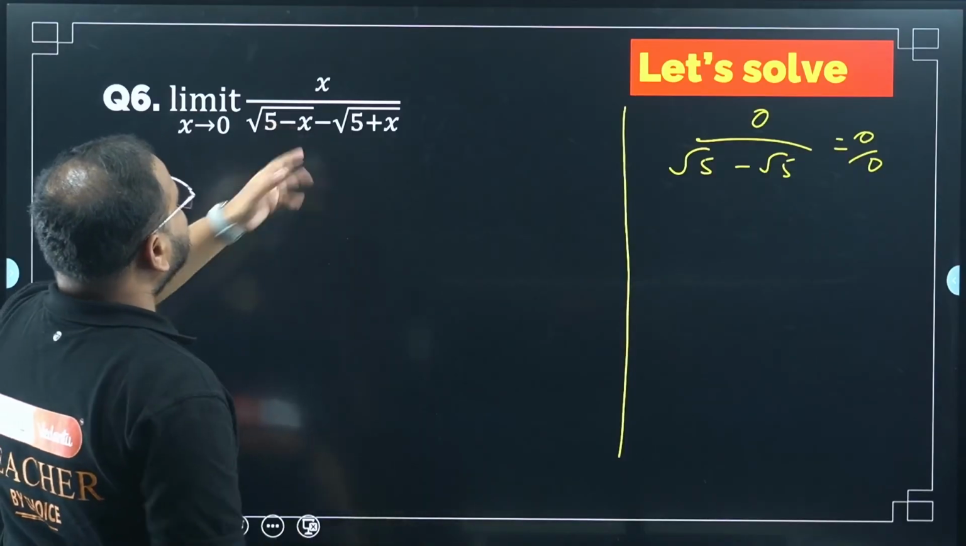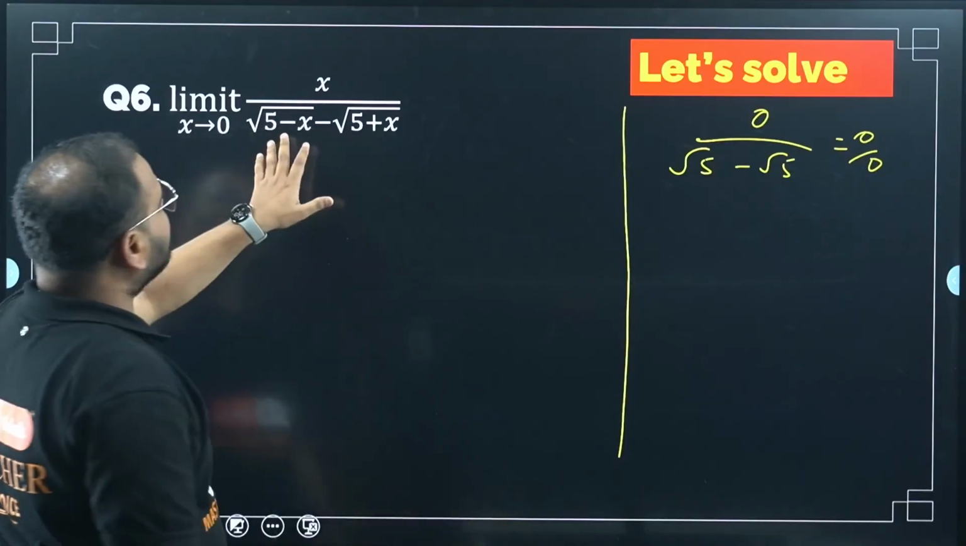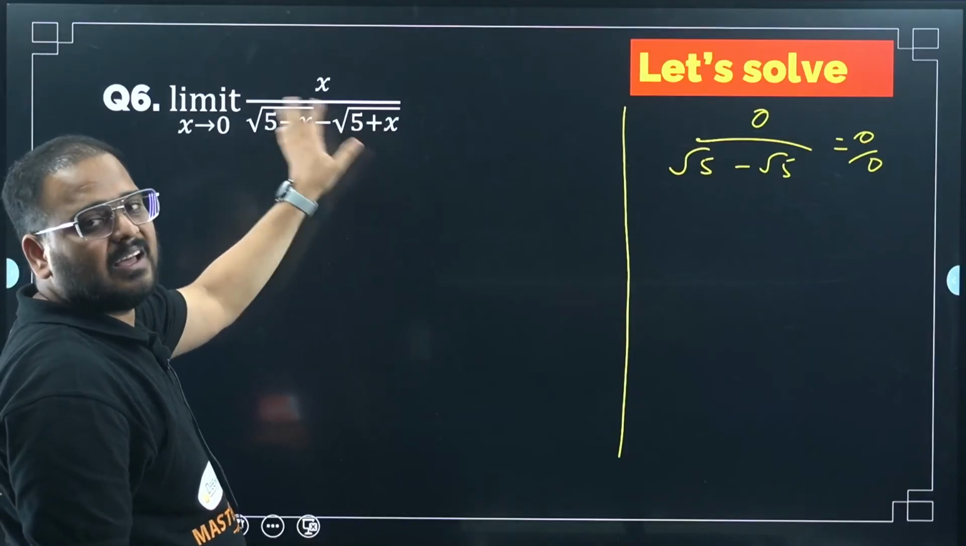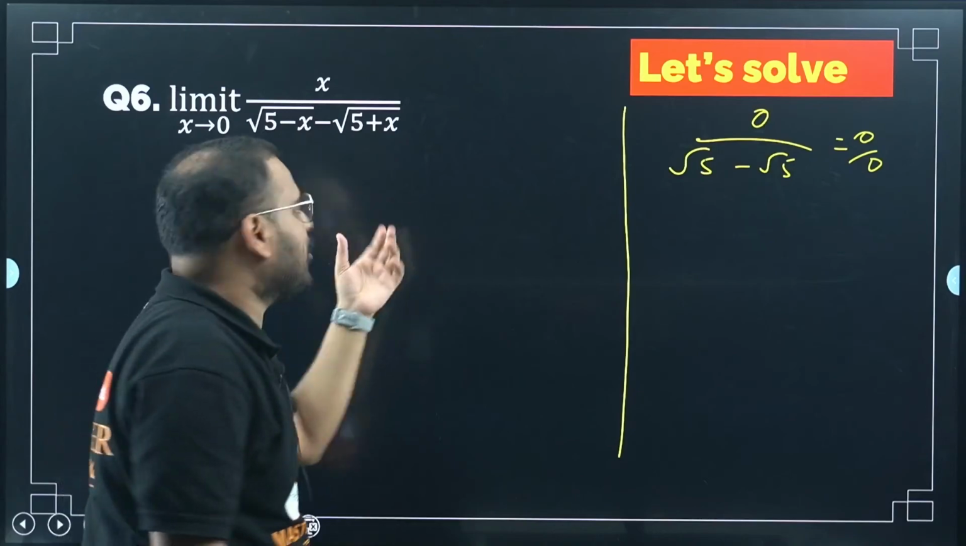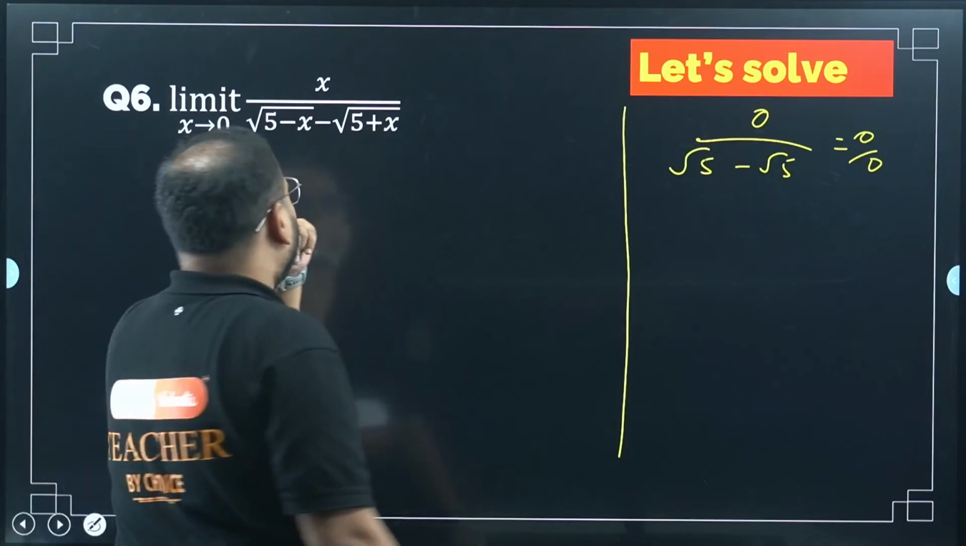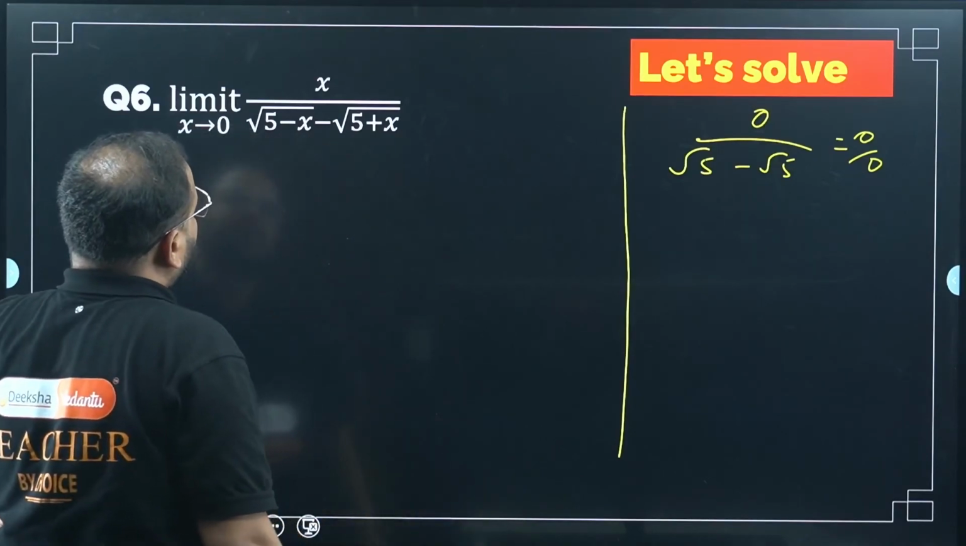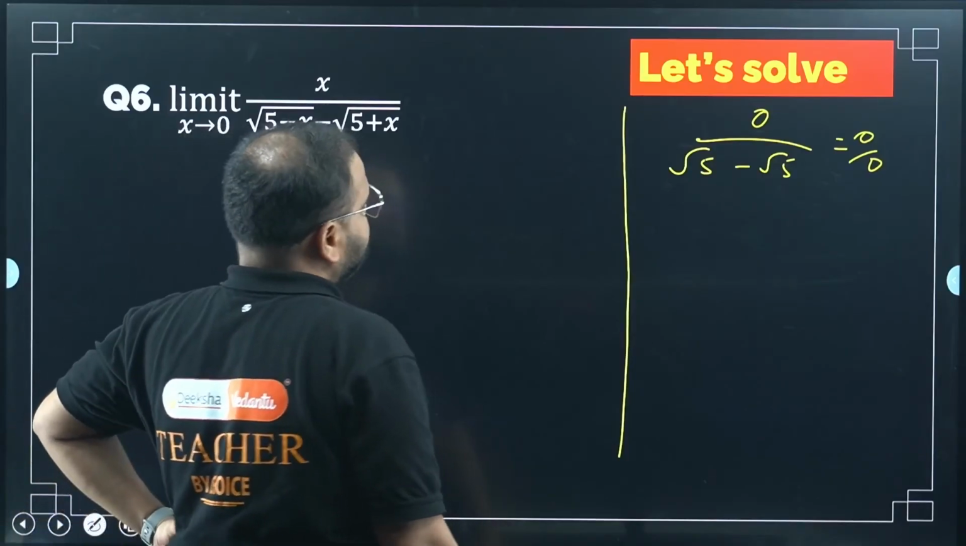How can we solve it? Let's rationalize. Why, sir? Because you can see the form: a minus b is there, with roots. If I make it square, the root will cancel out, and then something might come out of it. So we have to rationalize it. Let's see how that will look. If I rationalize it, this will become, please check,